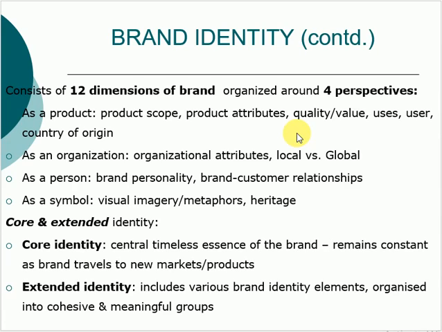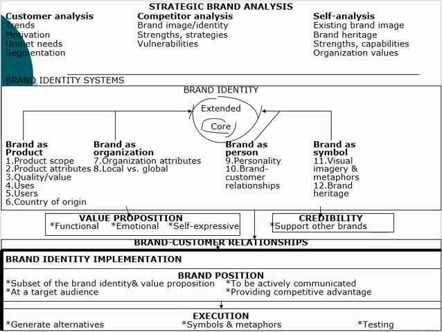All these 12 dimensions are organized under four perspectives: as a product, as an organization, as a person, and as a symbol. So let's see under these 4 perspectives and read the 12 dimensions. When you see brand as a product, it has product scope, product attributes, quality,